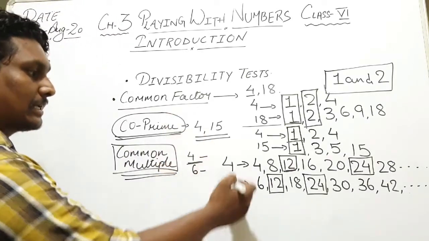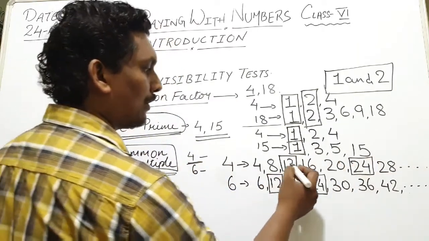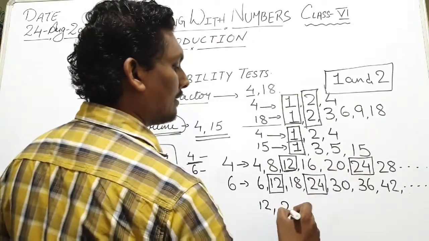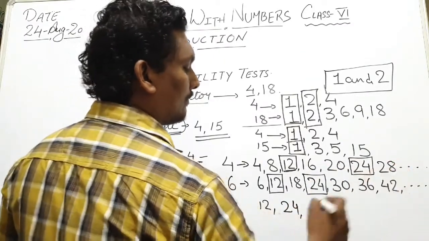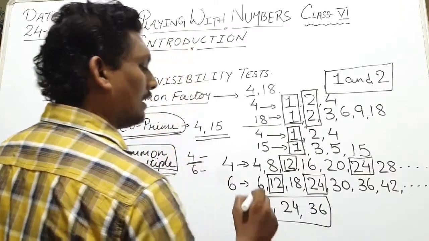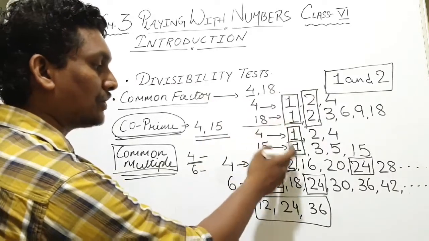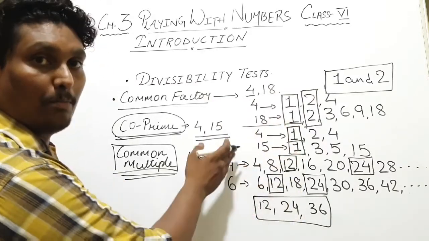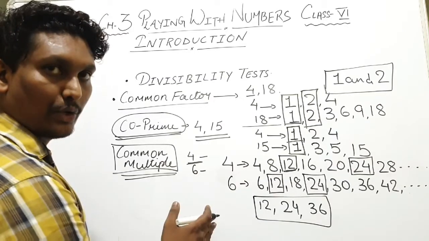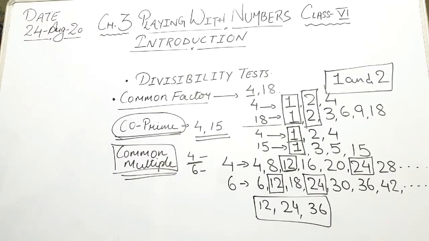Okay. So in this case, I have written just the half of the number, but in this half I got the common multiple 12, then I got the common multiple 24, then 4 9s are 36. In this way, we will get the common multiples. Common multiples means you have to just find out which multiples are common in both the numbers, right? So hope it is clear to you. So just go through it.